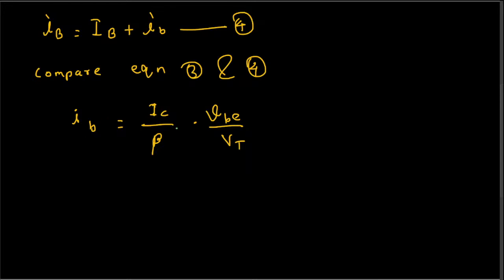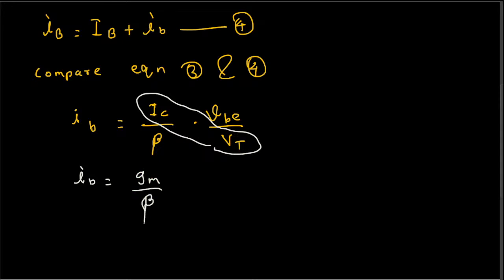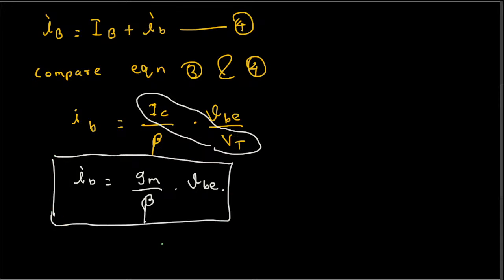Okay, and this term IC over VT is equal to transconductance. So you can also express this one as ib is equal to gm over beta times vb as well. Put it in a box, and then if you rearrange this equation, ib over VBE is equal to gm over beta,